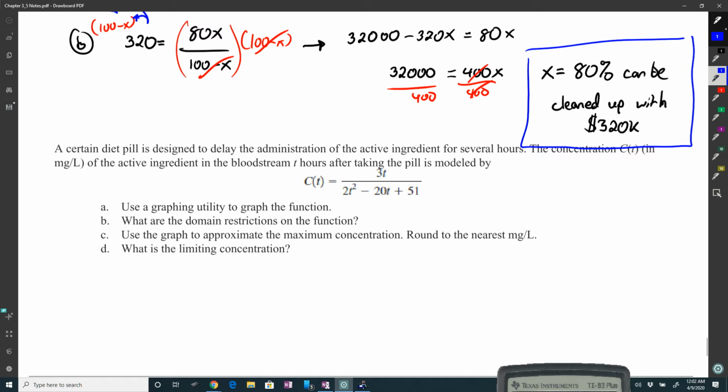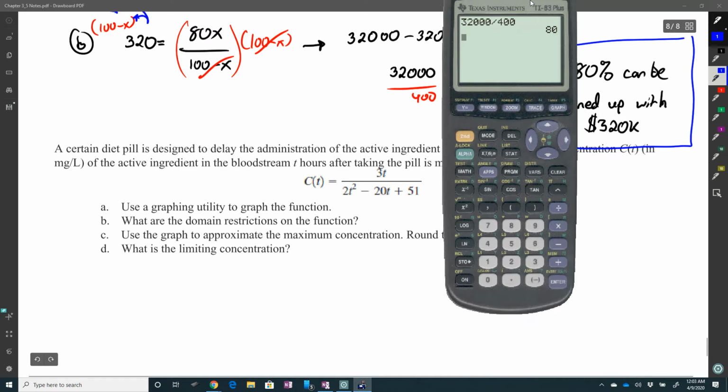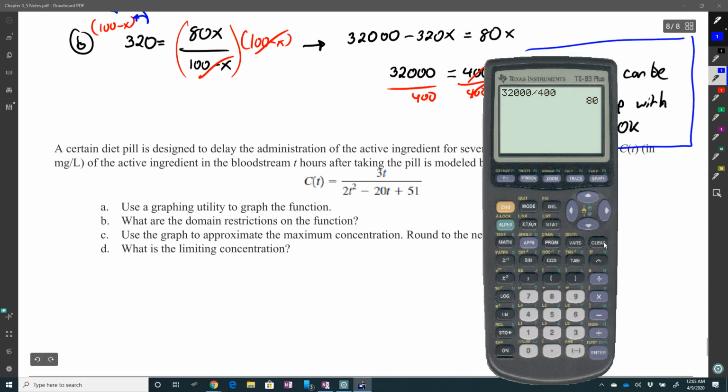Use a graphing utility to graph the function. So here they just want you to see what it looks like. And so you would get your calculator and you would type in 3x. Why am I doing this? Anyway, yeah, this is what you have. I could just use Desmos though. So much better. Minus 20x plus 51. Remember, I put my denominator in parentheses. And so if I graph it,